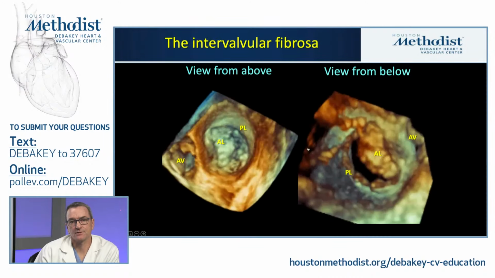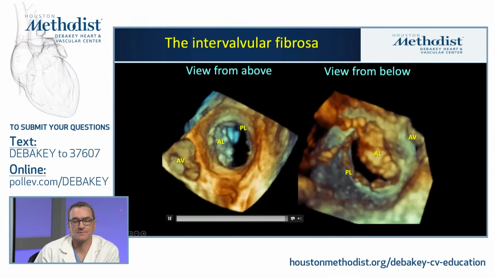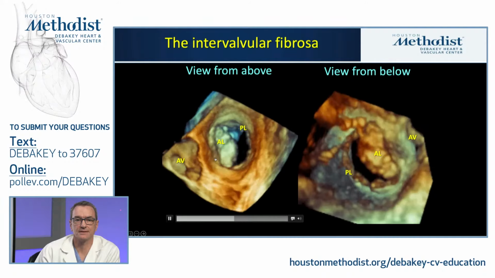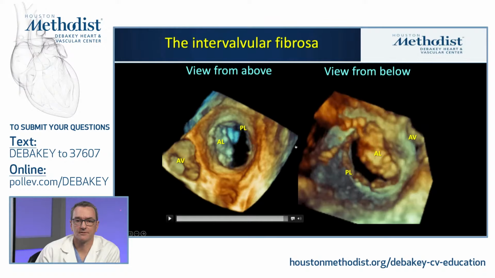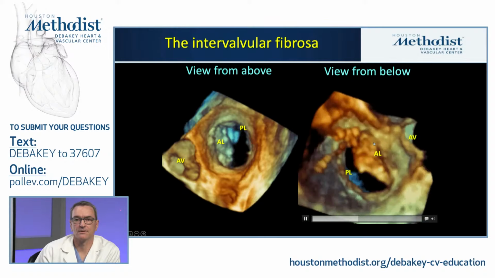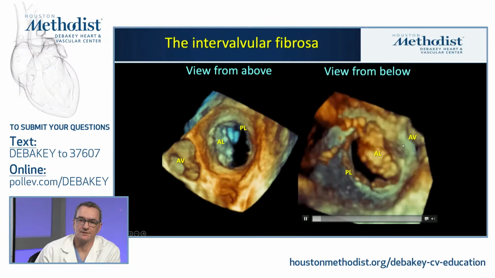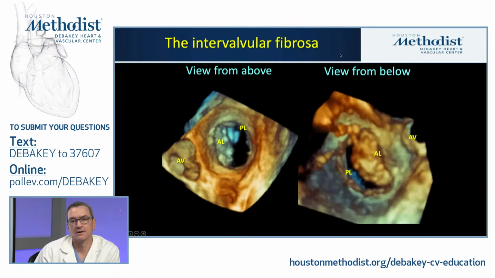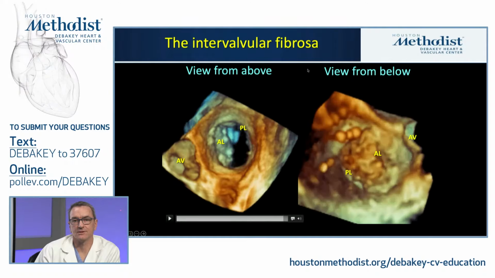If you look at the function of the intervalvular fibrosa, so this is a 3D view looking at the mitral valve, the anterior leaflet shown here, aortic valve to the left. If you look at this sort of pulsatile region here, you can see that the aortic outflow actually pulses through the anterior mitral leaflet and helps provide some closure. That's from above and from below. Again, looking up the LVOT. All of this just to emphasize, this is a very normal heart, probably the only normal I'll show you on this talk, but all of this anatomy is very close together.